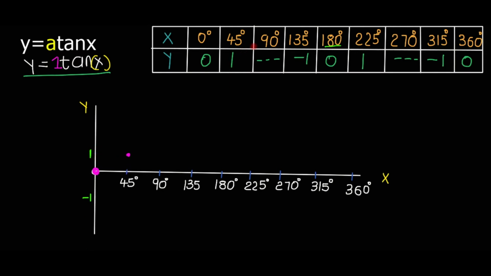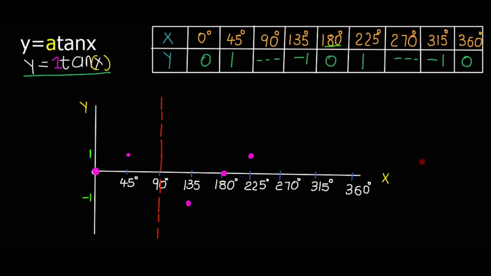and then next we have 90 and error. So here where there is an error, you write this dotted line. This dotted line we call asymptotes. Because it is vertical, we call it a vertical asymptote, so write it in this way. And then we have 135 and negative 1. 135 and negative 1 is this one, and then 180 and 0 over this one, and then 225 and 1 over this one,